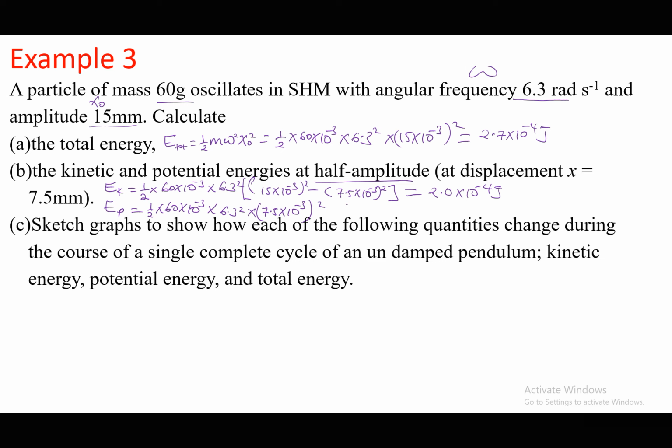So 7.5 times 10 to the power of minus 3 squared times 6.3 squared, then times 60 times 10 to the power of minus 3, then divide by 2. So this is giving us